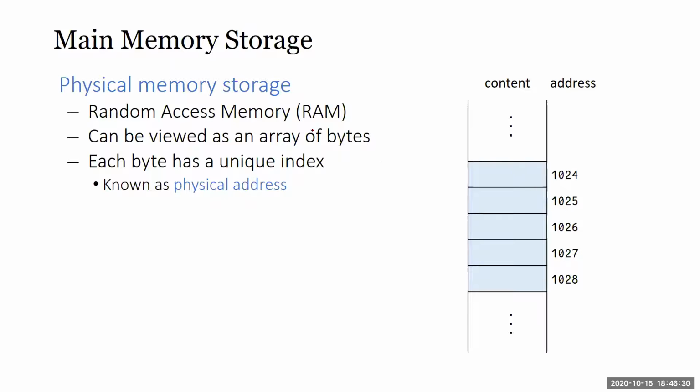In memory, you can view your entire memory as a continuous array of bytes. Even though memory might be stored in a grid form, you can always enumerate them into a long sequence of numbers. For example, our physical address in Singapore: every one of us has a postal code. Even if you live in an HDB block, the whole block is one postal code. Some are divided into units, but that one postal code identifies your block. And those who live in private estates, one lot has one postal code.